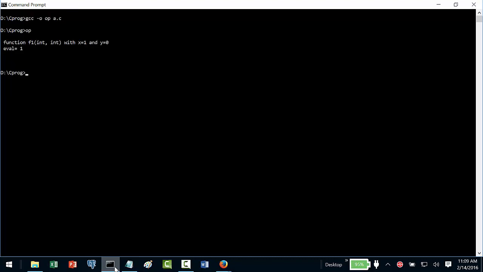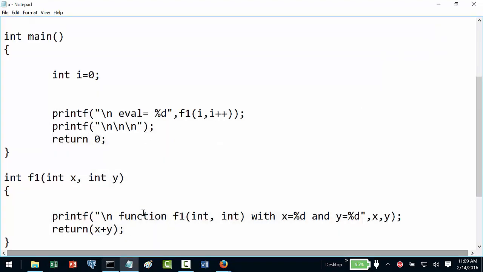Okay, now what I have said has actually worked, but this is with respect to this compiler. You may get funny results with respect to other compilers. So this is actually not guaranteed. Some of the book literature says that it is the expression here and then the expression here. Some of them say the expression here and then the expression here. According to me, I think the order of evaluation of parameters is not guaranteed.